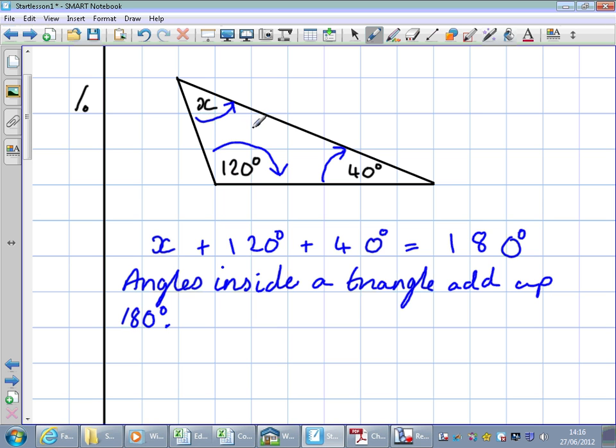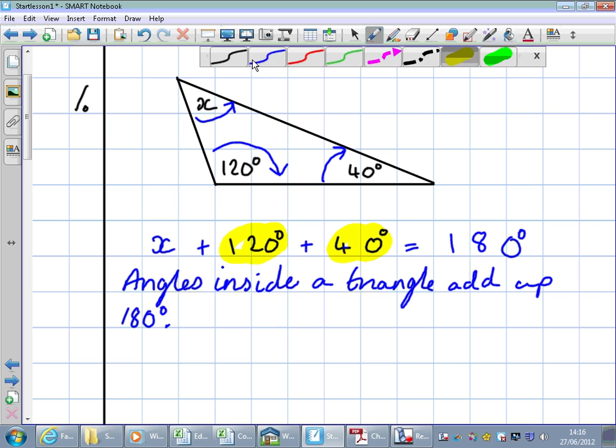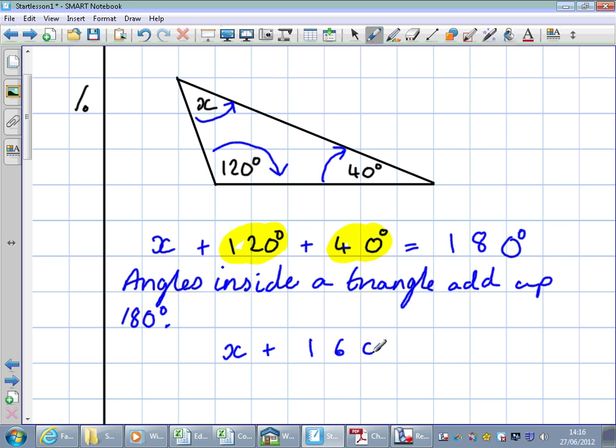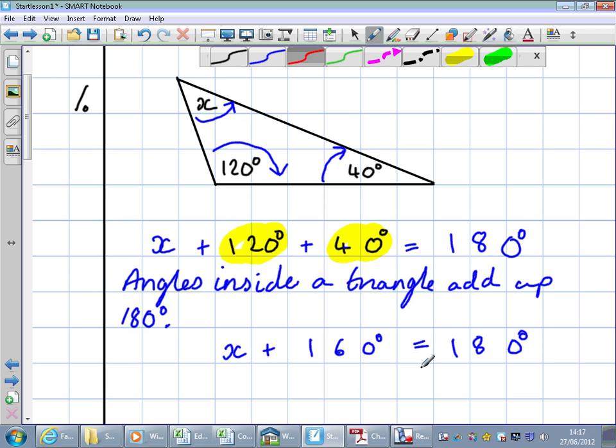Right, now, how do we work out how big x is? Well, if you saw one of our earlier shows on simplifying, let's gather together like terms. We've only got two like terms there, the number ones. X plus 160 degrees equals 180 degrees. So, and if you saw our show on algebra,